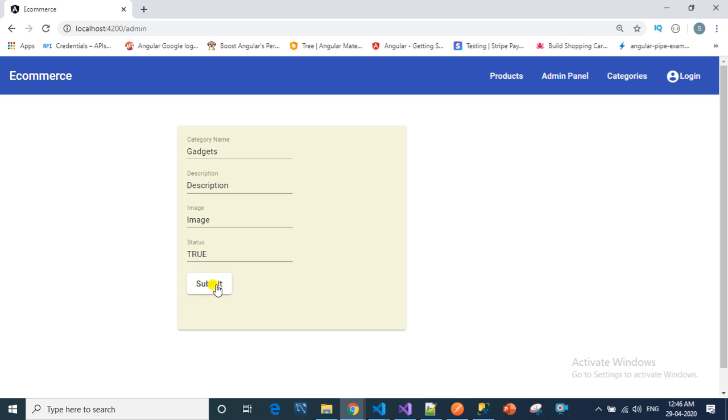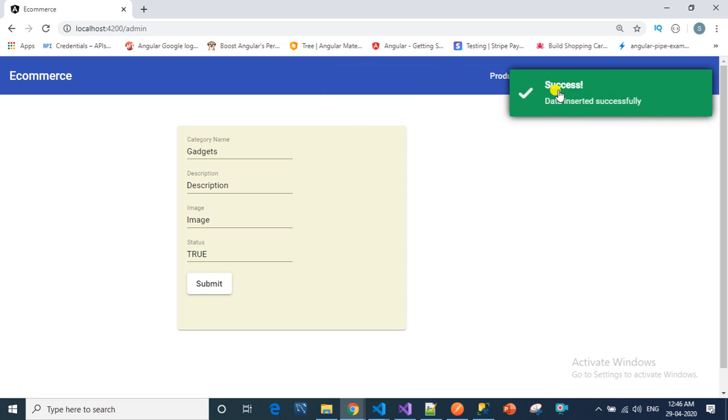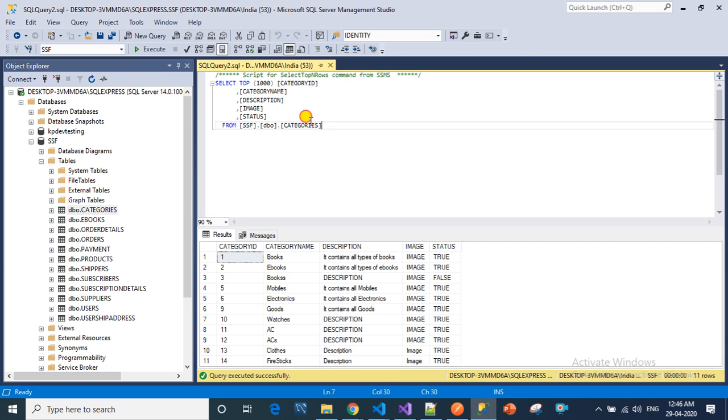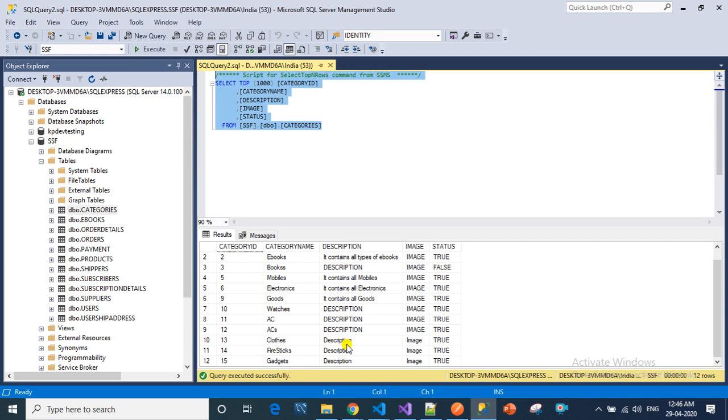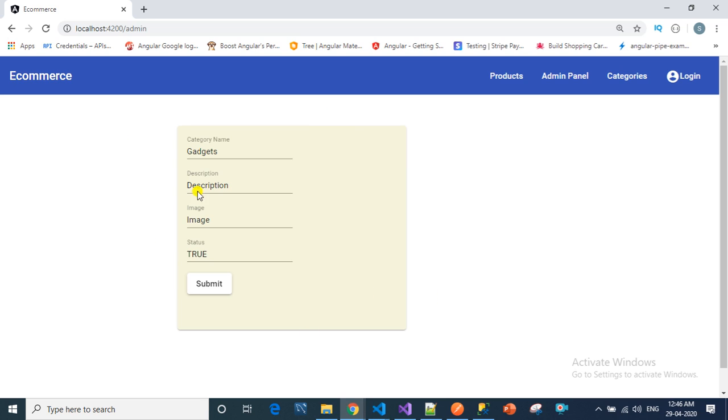So let's submit this. So we got the message data inserted successfully. Now we'll check here whether it's got inserted or not. Wow, you can see here the gadgets got inserted successfully. So this is the simple way to post the data into the database by using Web API and Angular.